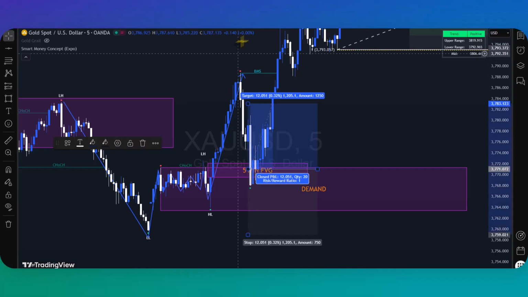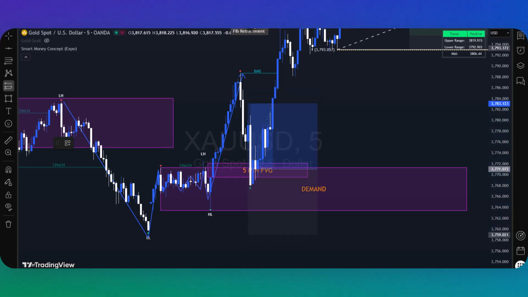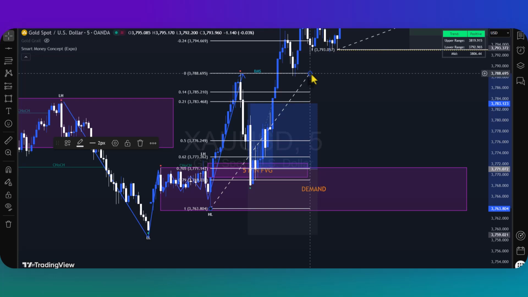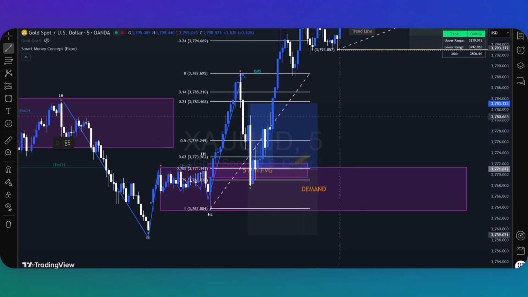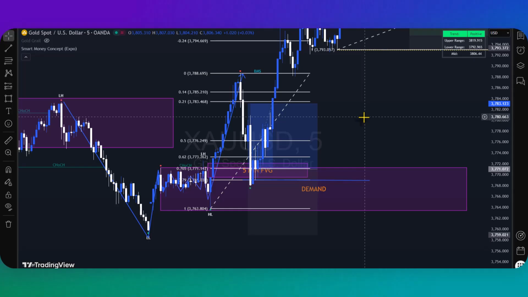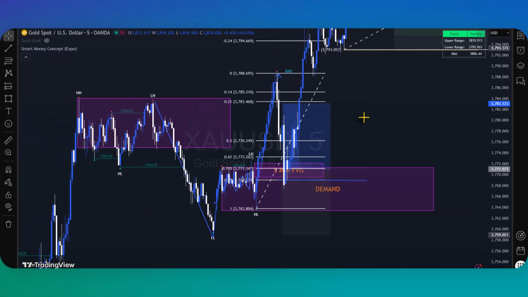Or for example, like my strategy now, a Fibonacci retracement level, if we draw it, look at where the 79 level is. So this is where the 79 level is. So that could also be your entry as well. It could be fair value gap, it could be retracement level. But most of the time,